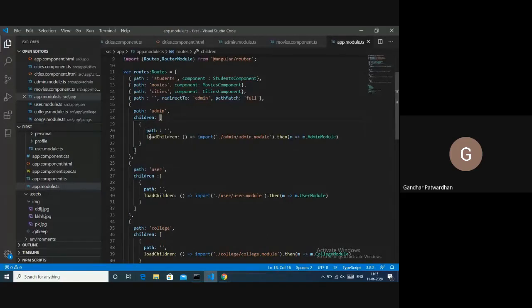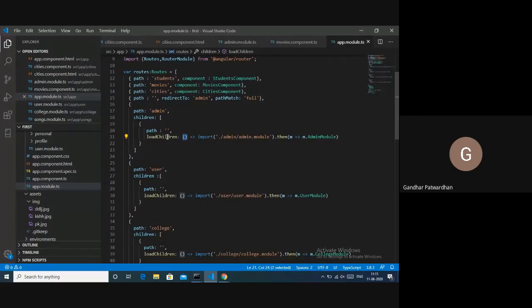Children is an array. Inside that array, we have an object in which we give the path, and another key is loadChildren. Inside loadChildren, what do we have? We have a function, the syntax for an arrow function.